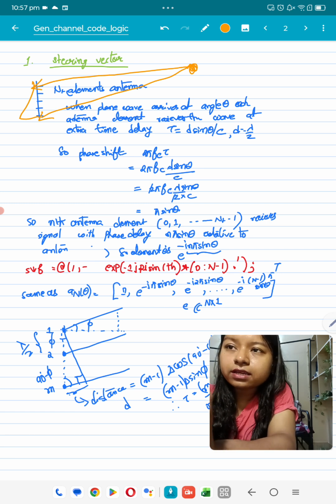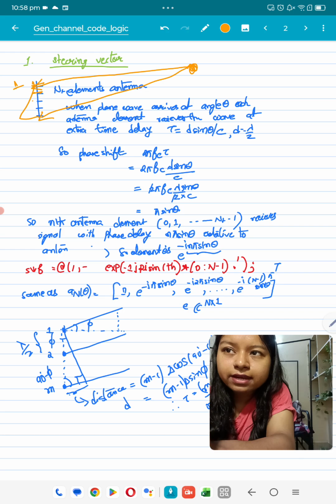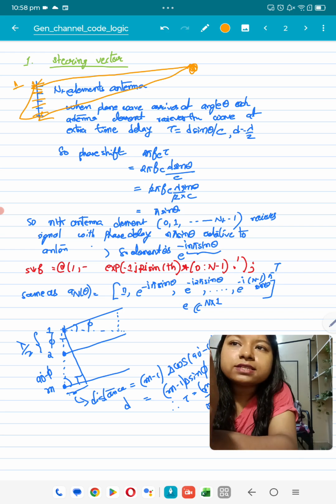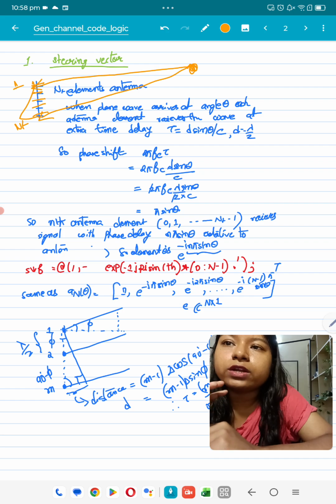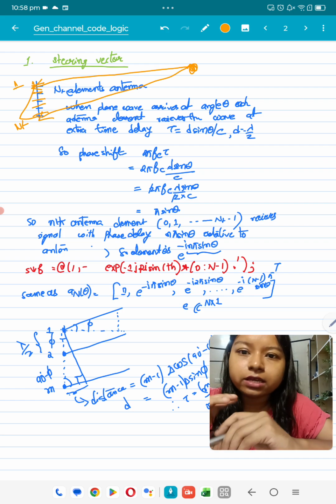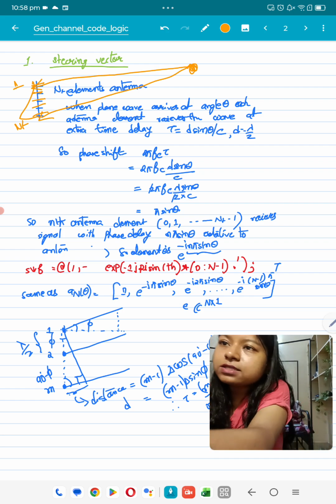Now, the value of the signal received at the first element of the base station antenna, so these bars are the antenna elements, is the signal received at the first element the same value as the signal that travels to the nth antenna element? That is our question. So if we see it geometrically, it should not be right, because if we